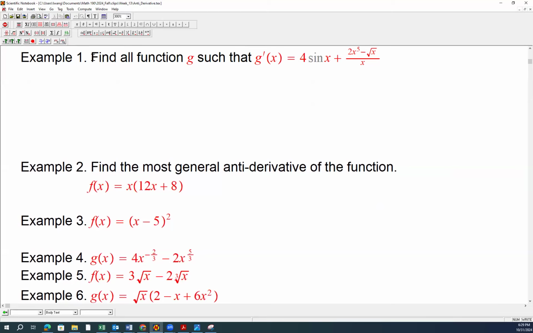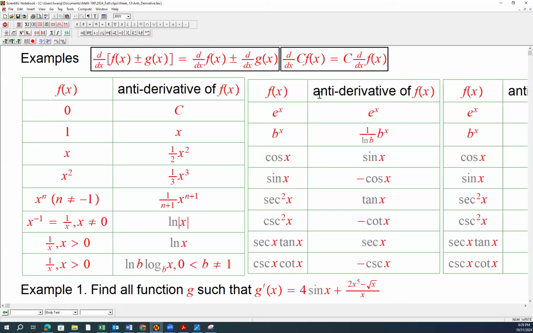The first example says: find all the functions g such that g prime equals 4 times sine x plus 2 multiplied by x raised to the power 5 minus root x, divided by x. Before we start,